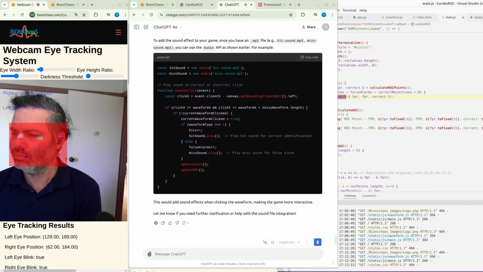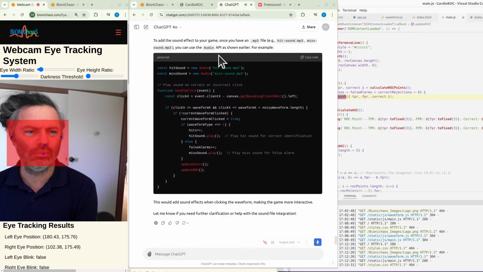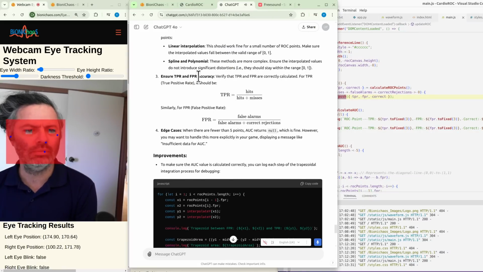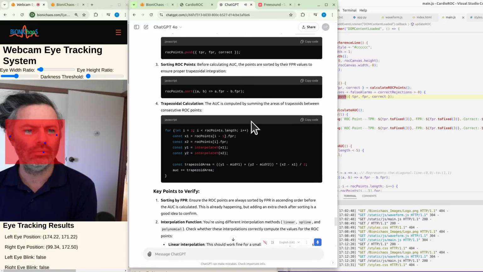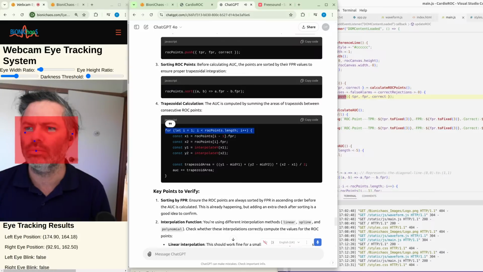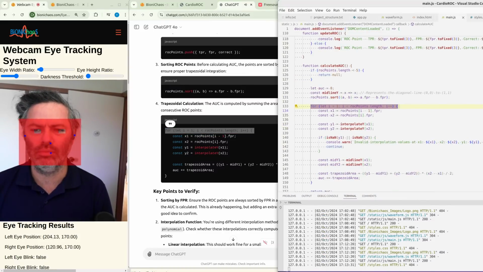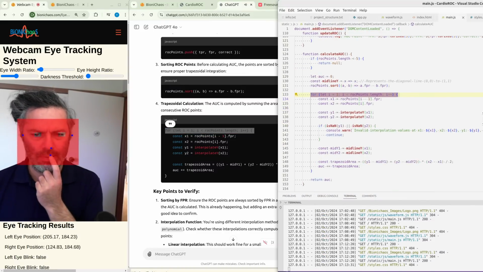JavaScript: for (let i = 1; i < ROCpoints.length; i++) { const x1 = ROCpoints[i - 1].fpr; const x2 = ROCpoints[i].fpr; const y1 = interpolate(x1); const y2 = interpolate(x2); const trapezoidArea = ((y1 + y2) / 2) * (x2 - x1); AUC += trapezoidArea; }